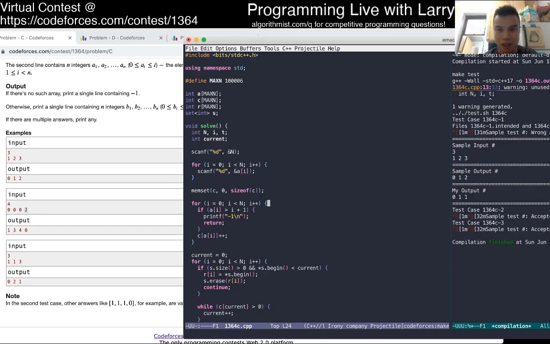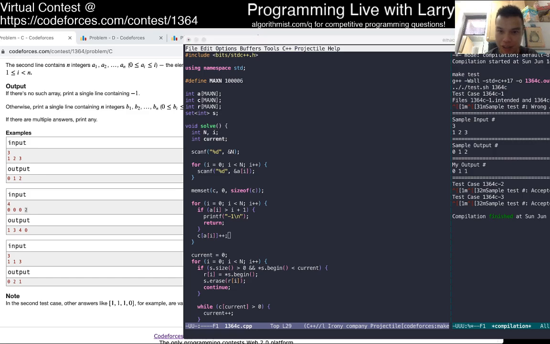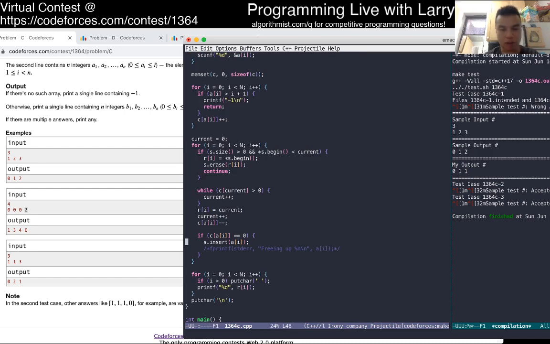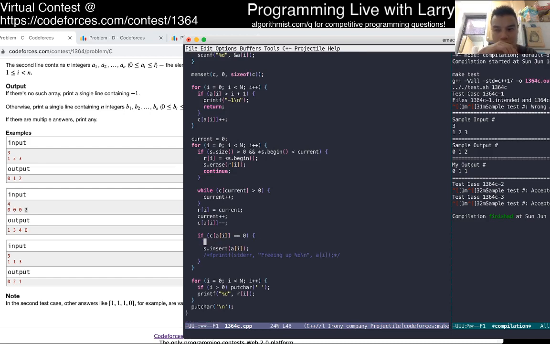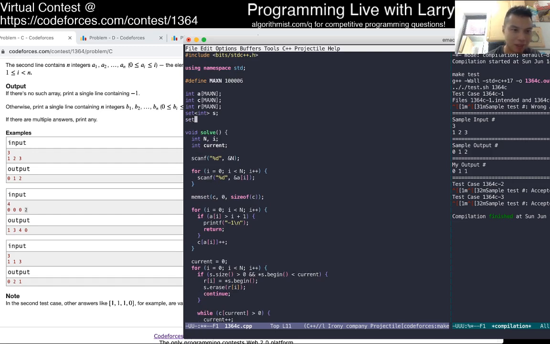Okay. Whew. I know that there's a lot of thinking in my thought process inside my head in this one. Oh wait, no, I got a wrong answer on one of them. We only do this if. But mostly at the end, I think I need one more condition. If we use the current, we just don't put it in because we already used it. We could probably figure out some invariant, but I'm just going to have a used set.